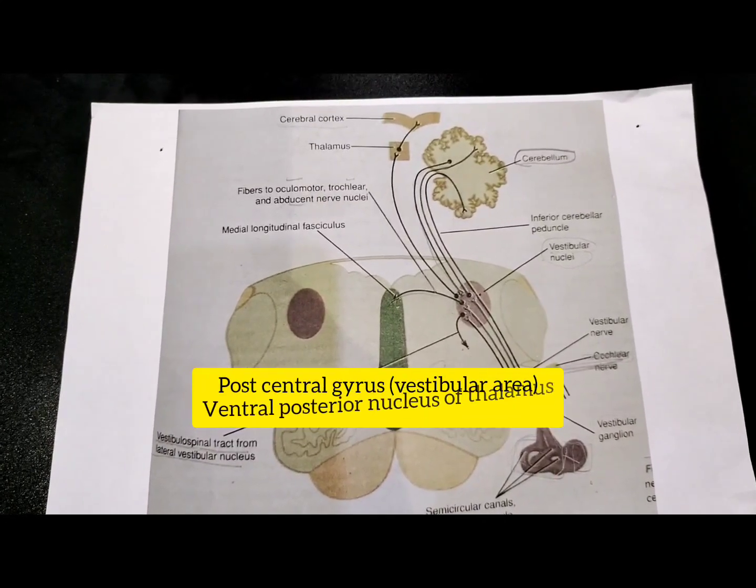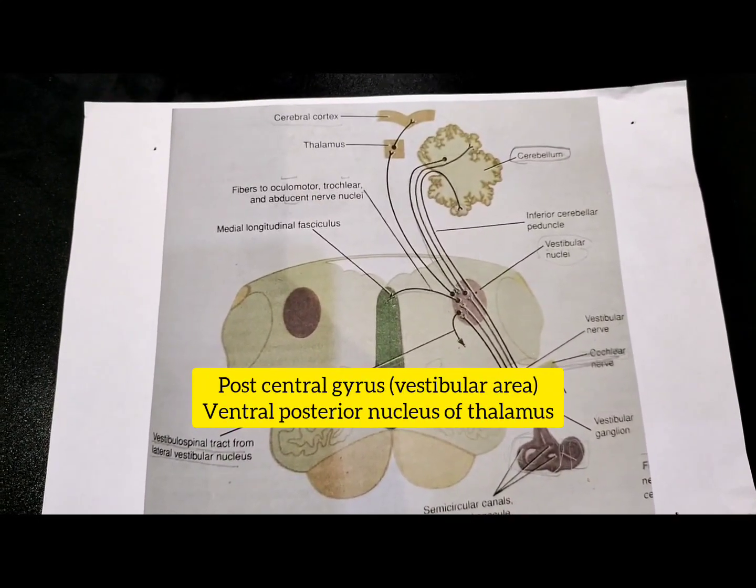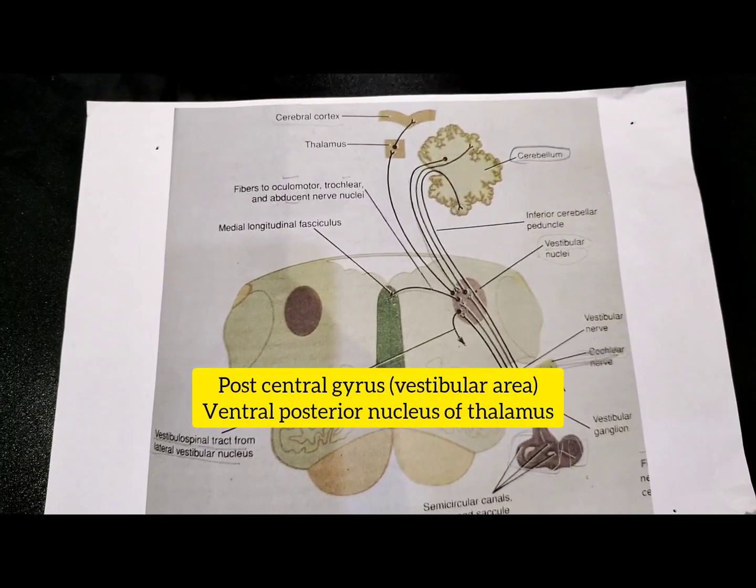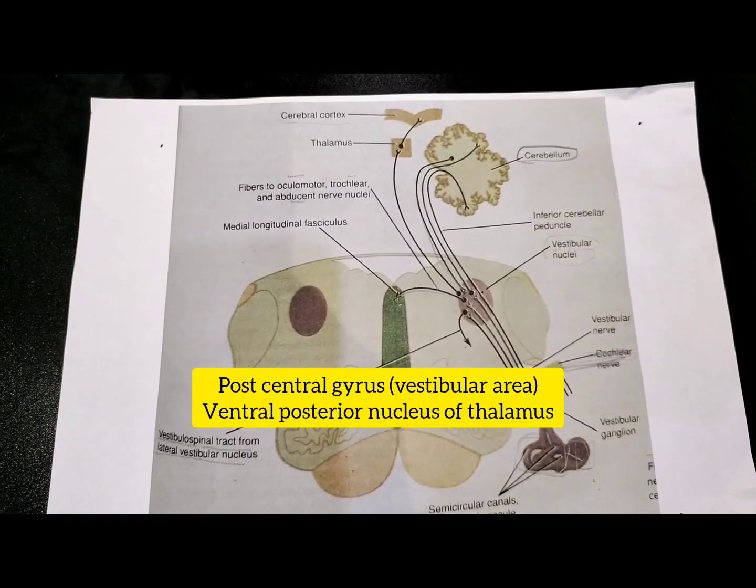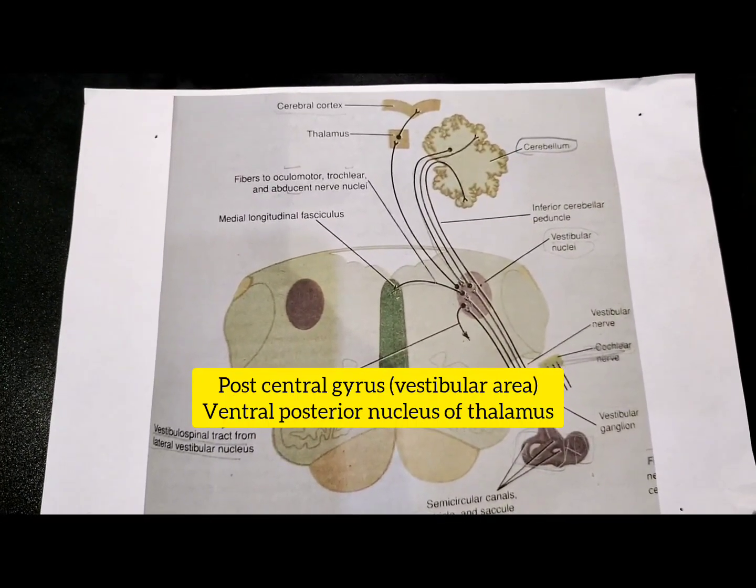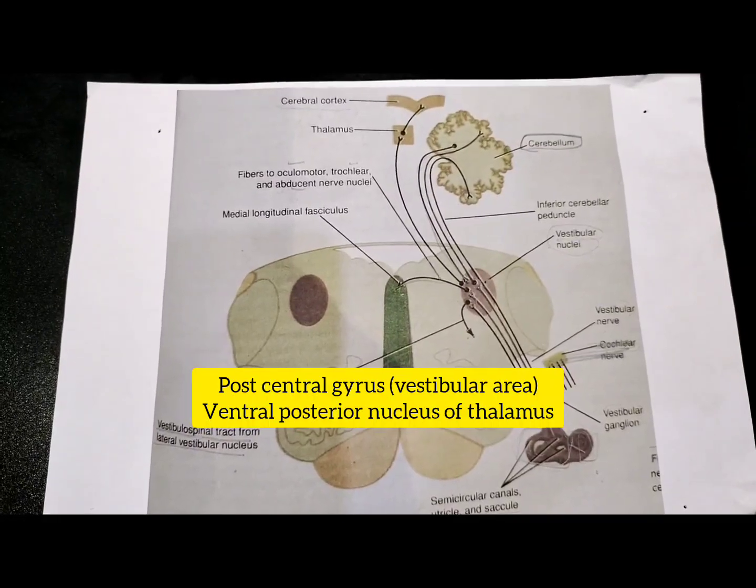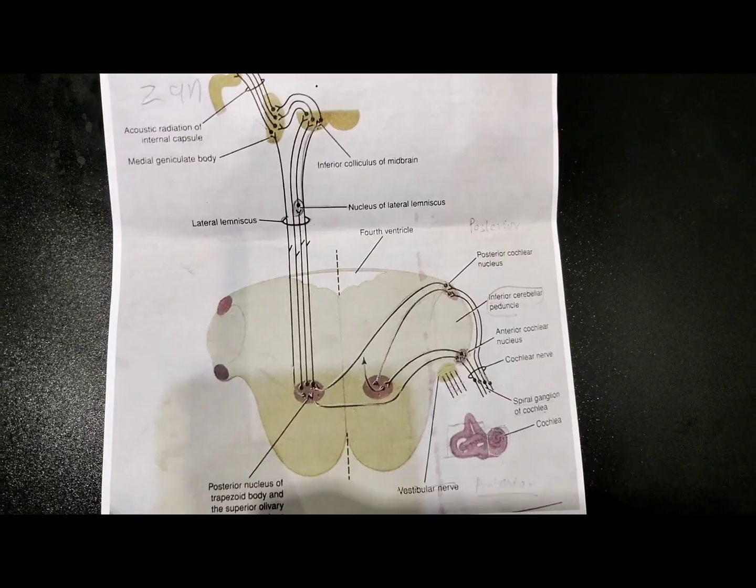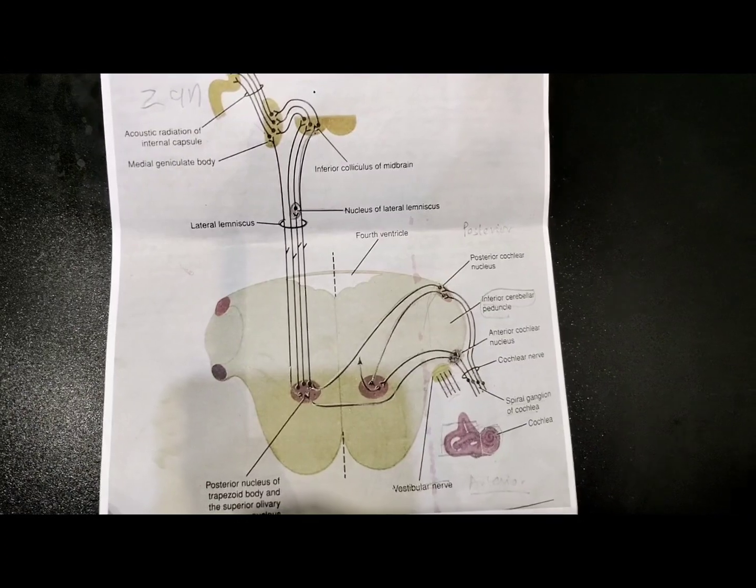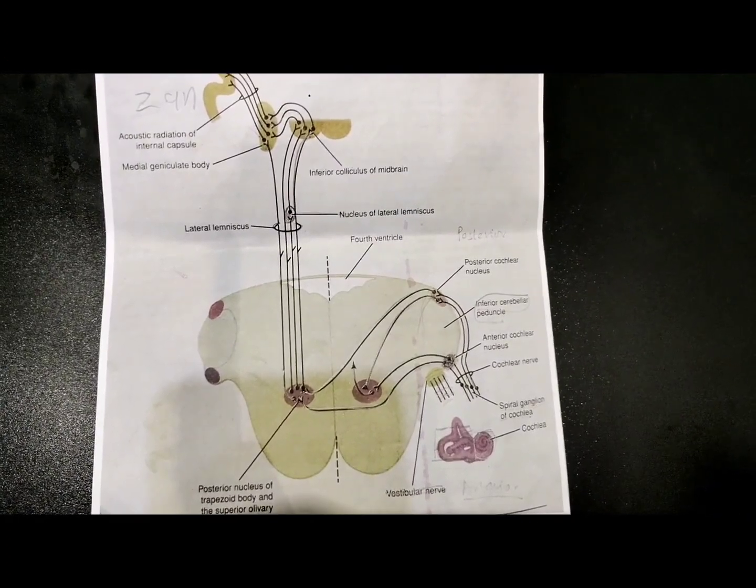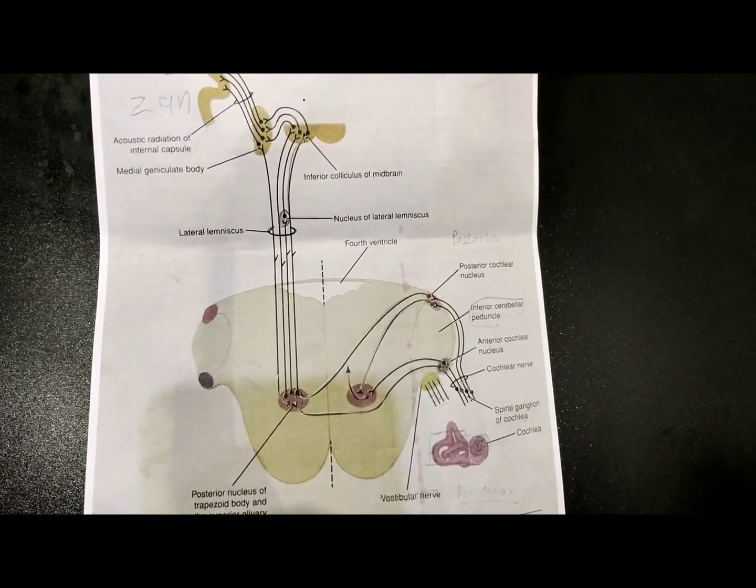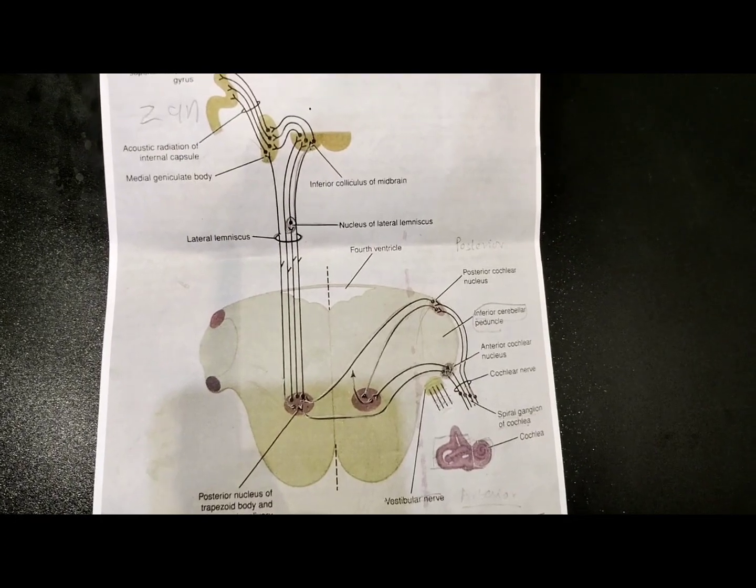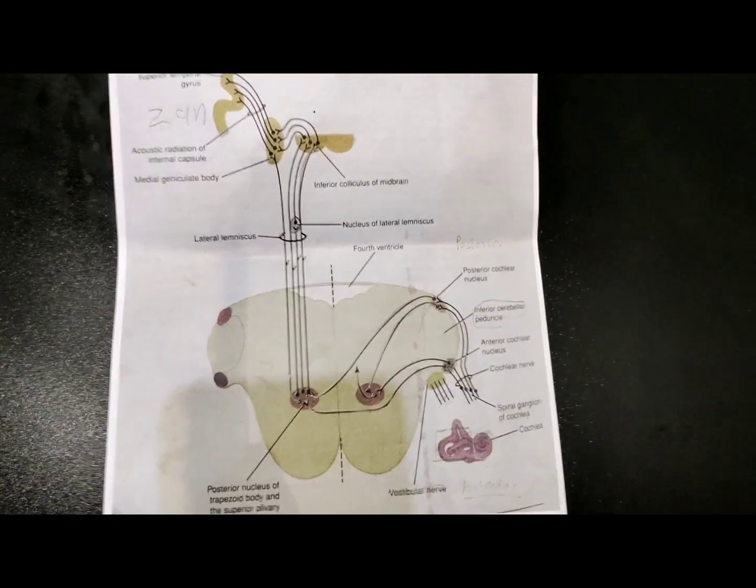थैलेमस के जो है वो posterior ventral posterior nucleus की तरफ, and also to the cerebral cortex where is present the postcentral gyrus, which is the vestibular area. So now we are talking about the tracts that are coming, the afferents and the efferents that are coming from the cochlear nerve and going from it. We are not talking about this